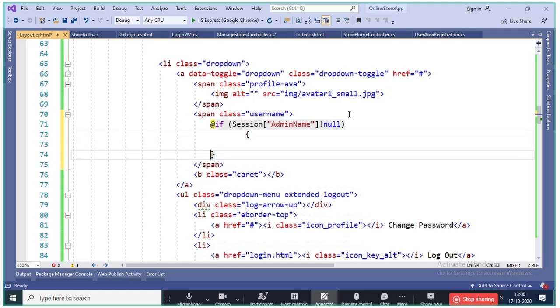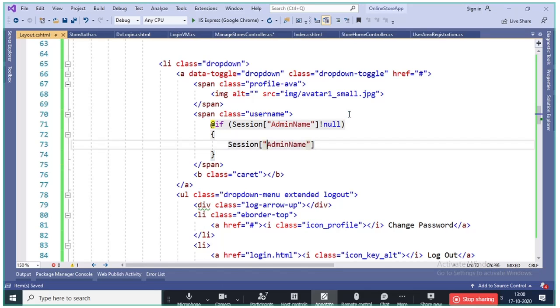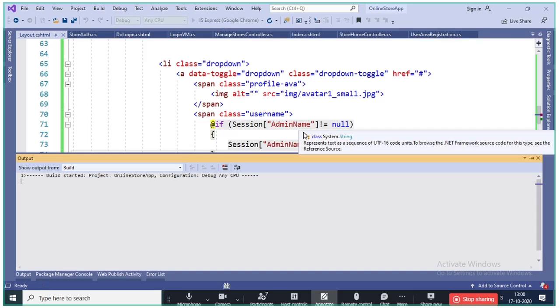So how can we display this here? We'll directly display it, and here we'll say not equal to null. So if admin name is not equal to null, we are just displaying that name. Now if we run this,